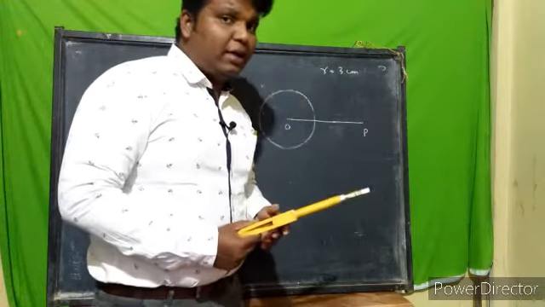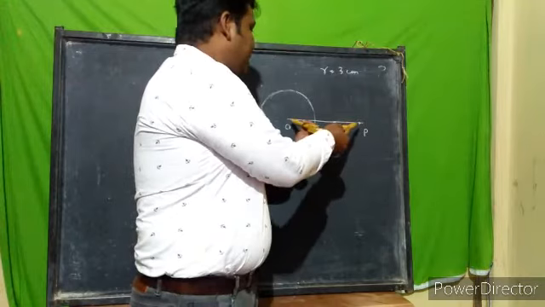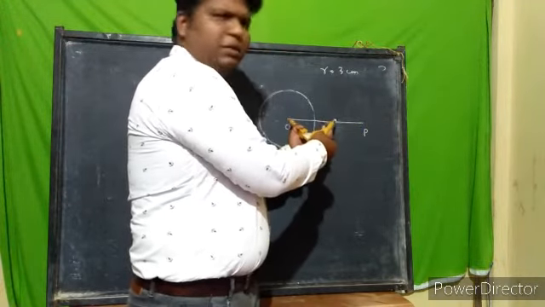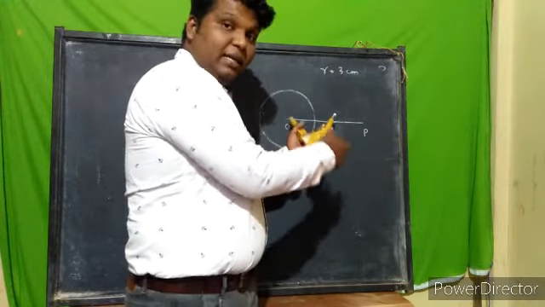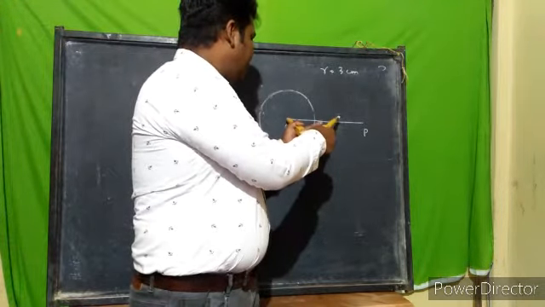Perpendicular bisector draw करने का तरीका in 9th class we have studied. OP का distance क्या है? OP कितना है? इतना है. उसका आधा कितना होगा? कम से कम इतना है ना. आधा से ज्यादा ले लीजिएगा. Take more than half. More than half. या ये तो आधा से ज्यादा है.